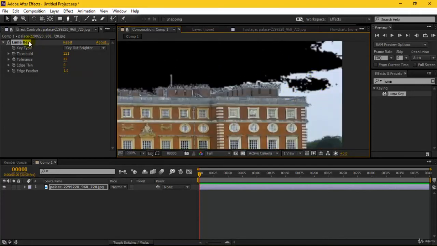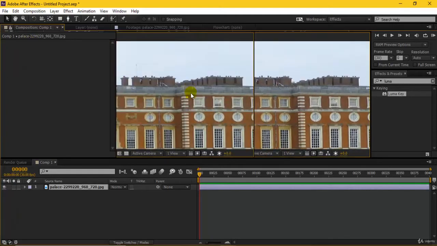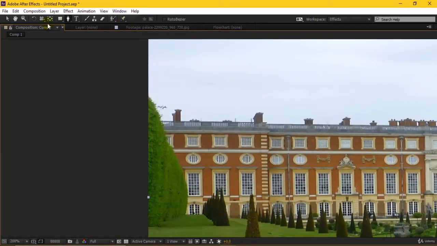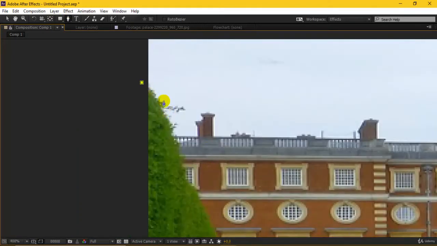This area it is capturing. So what I would suggest is, as this is just a single frame, I'll go to my pen tool and I'll just mask this out over here.